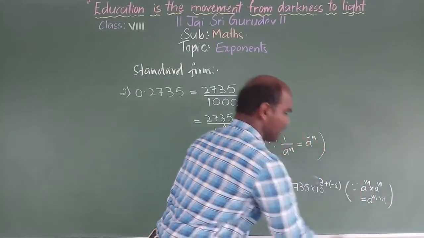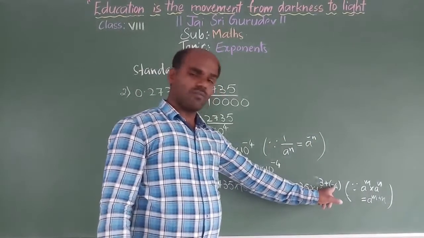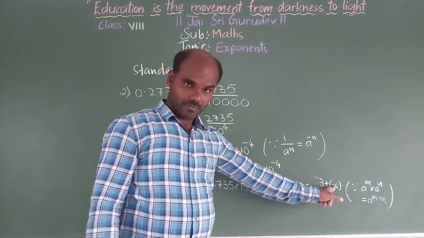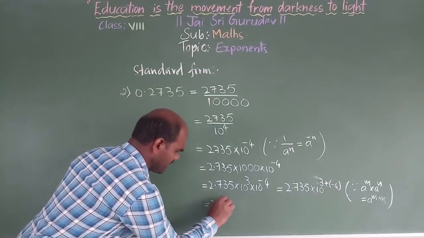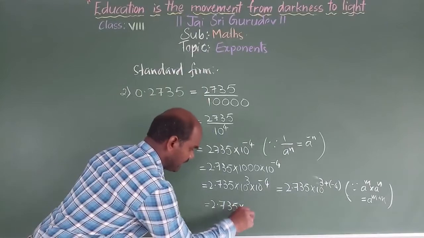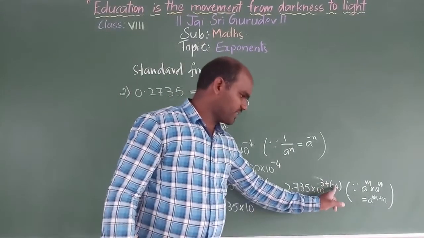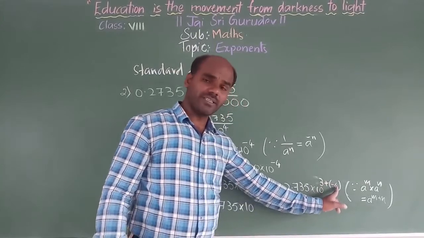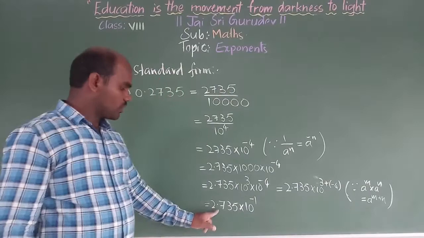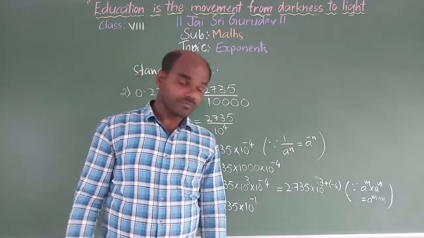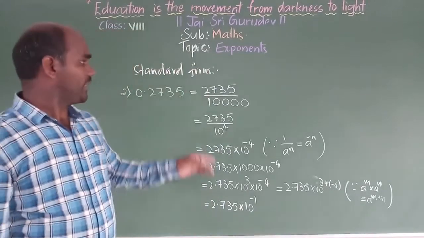Based on this formula we write 3 plus minus 4. So it equals 2.735 into 10 power, plus into minus is minus, 3 minus 4 is minus 1. So 2.735 into 10 power minus 1 is the standard form of